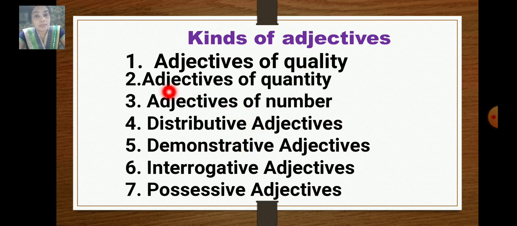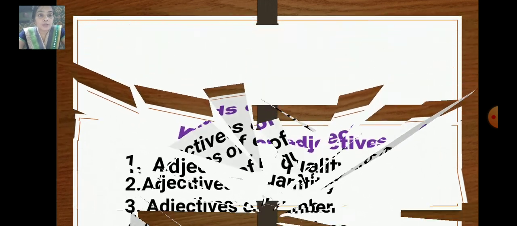Let's repeat. I'll repeat again. Adjectives of quality, adjectives of quantity, adjectives of number, distributive adjectives, demonstrative adjectives, interrogative adjectives, and the final is possessive adjectives. Now let us learn one by one. Now the first one is